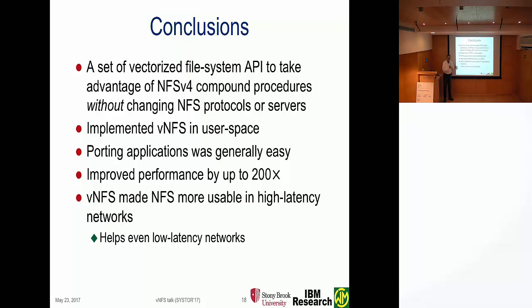At first we started to work in the Linux kernel and realized the way they've done the NFS code is way too messy and way too difficult to work with. So we figured, let's do it in user level and see how much we get. Porting applications was not terribly difficult at all. And if you get performance improvements on the order of hundreds of percent, then I think people will start to say, well, it's worth it for me to spend the effort to change my application, because nobody normally wants to modify their applications.